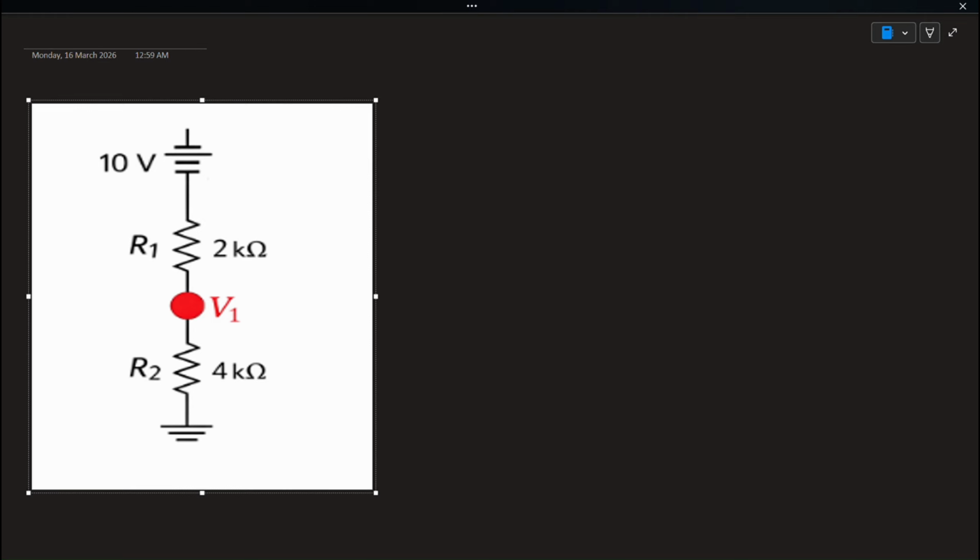So here's a simple circuit we will be working on for the practice question. So we have here a 10 volt battery, a 2 kilo ohm resistor, and a 4 kilo ohm resistor, and they're both connected to the same point, which is labeled V1. So first we need to find the voltage across each component, divide them by each resistor, and use Kirchhoff's current law. So the voltage across the R1 here